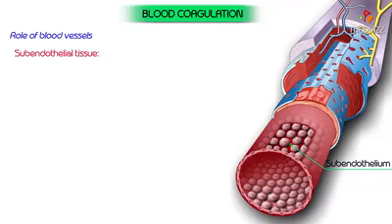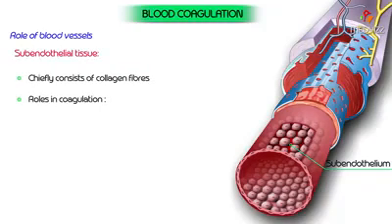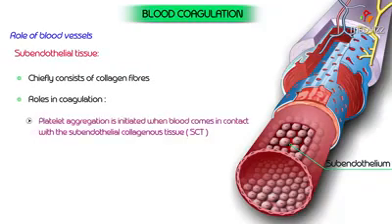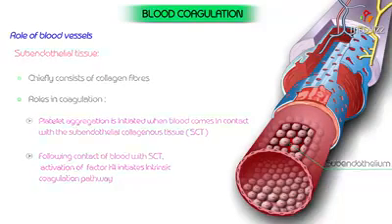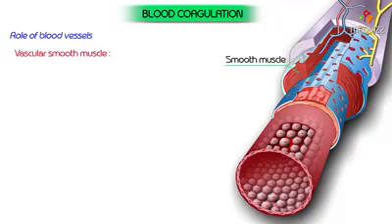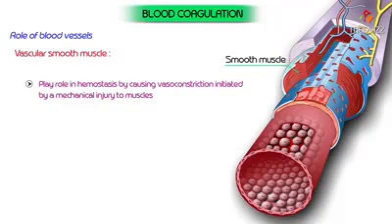Subendothelial tissue, which chiefly consists of collagen fibers, plays the following roles in coagulation. Platelet aggregation is initiated when blood comes in contact with subendothelial collagenous tissue. The intrinsic coagulation pathway is initiated when factor 12 is activated following contact of blood with subendothelial collagenous tissue. Vascular smooth muscle. Smooth muscles of the vascular wall play a role in hemostasis by causing vasoconstriction initiated by a mechanical